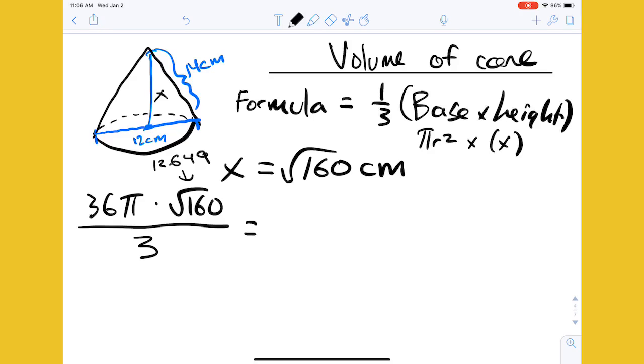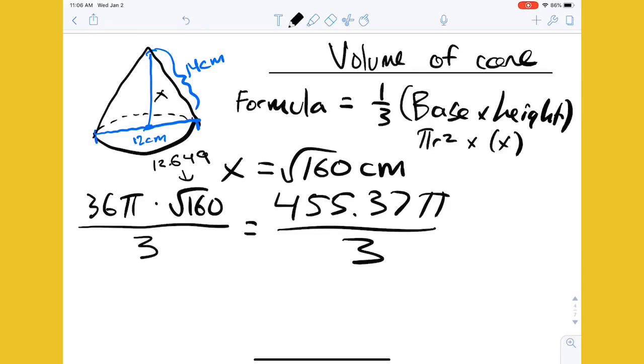And then we're going to multiply that by 36. And then we get 455.37 pi over 3